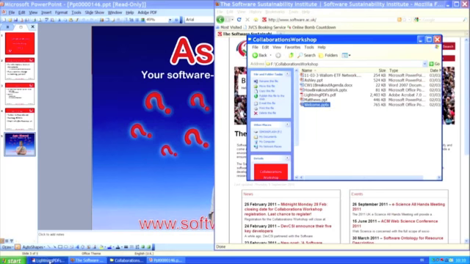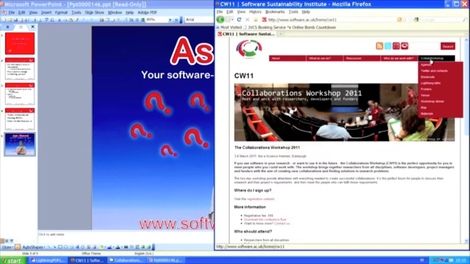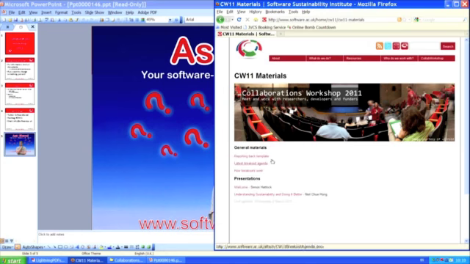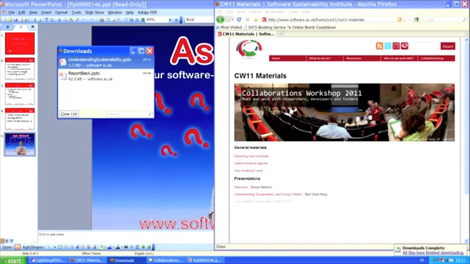What I'm going to be doing is giving a little introduction to what the Software Sustainability Institute does, because as we're running the workshop, I get to put in a little ad for what we do. And then I'm going to talk a little bit more about the reasons why we put this workshop on and what we're expecting you to do in the workshop. So I will describe the slightly unusual format of the collaborations workshop.